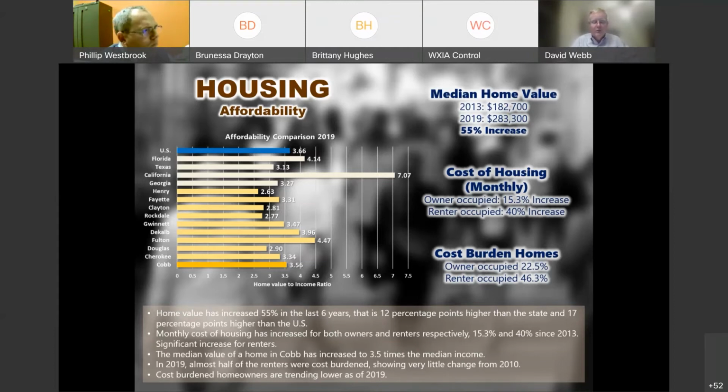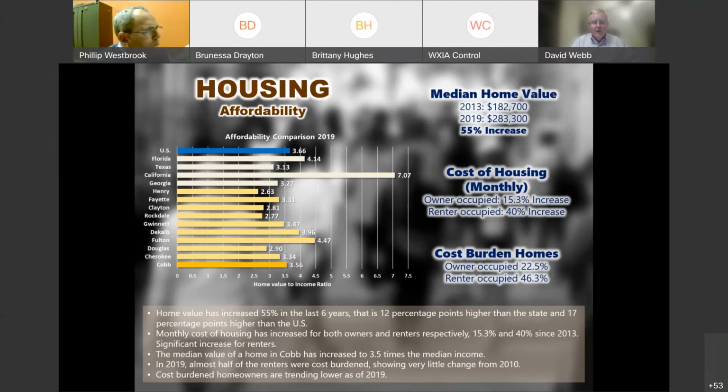Cobb County is pretty close to the U.S. average as far as affordability. You see on this graph, California is kind of the outlier. The West Coast in general is less affordable compared to the national average. We'll put together some statistics based on different states, but also in comparison to some of the other counties around us. And surprisingly, we're a little more affordable than DeKalb and very close to Gwinnett on the affordability outcome.